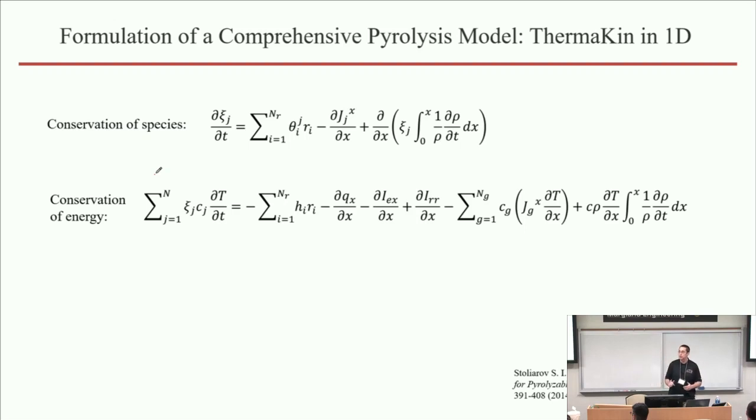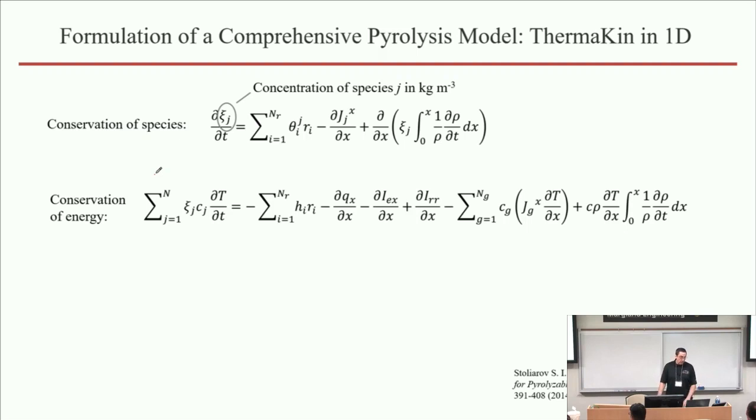One of them is conservation of species, which of course is written for every species that you define in your system, and then the conservation of energy as well. In the case of Thermokin, we formulate these conservation equations using the notion of concentration of species. That's how we track species inside the solid. This concentration of species has the same units as density, but it's not density, right? The density is actually defined in a separate way because within the framework of the model, different types of species can contribute in different ways to the overall volume of the solids.